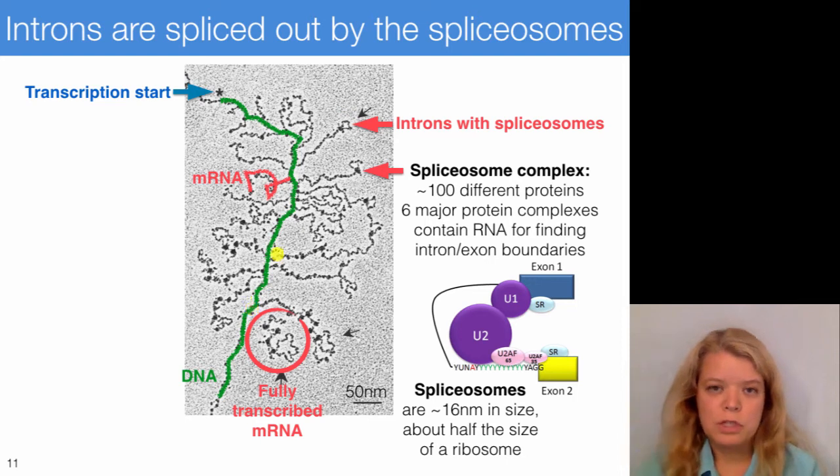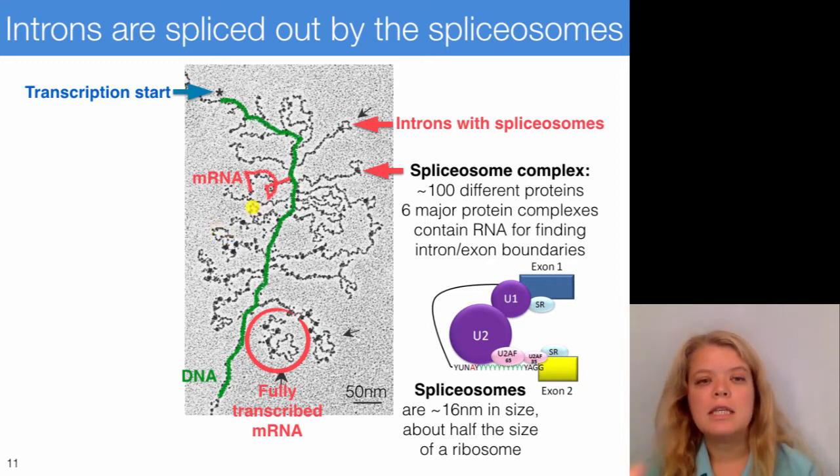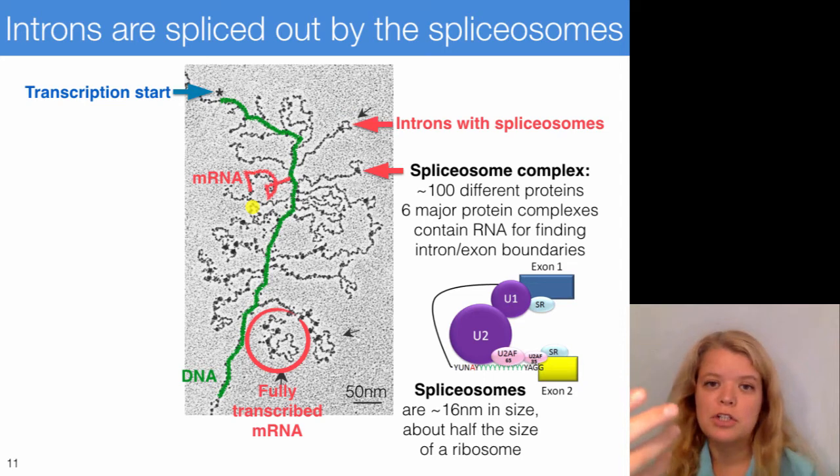And what I would like you to see, so one of these red strings coming off the green template, is the many mRNAs that are being produced. And what hopefully you can see here is that a lot of them have these loops on them. And these are the sites of splicing, because splicing is done by these really large complexes